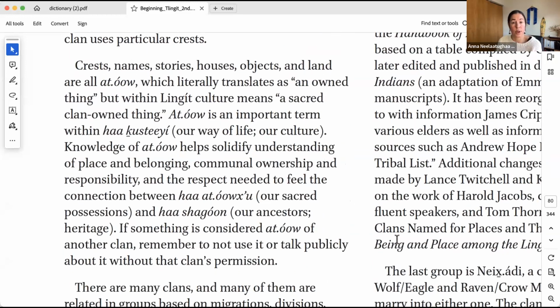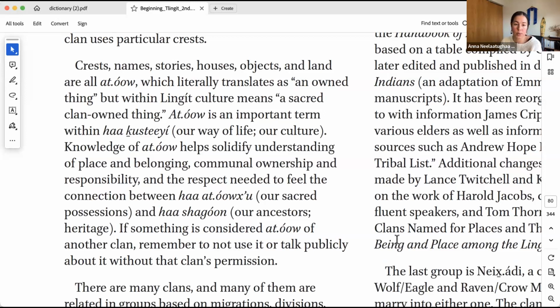Crests, names, stories, houses, objects, and land are all a ḵu.éex', which literally translates as an owned thing, but within Tlingit culture means a sacred clan-owned thing. Ḵu is an important term within Haa Kusteeyí, our language, our way of life, our culture. Knowledge of ḵu helps solidify understanding of place and belonging, communal ownership and responsibility, and the respect needed to feel